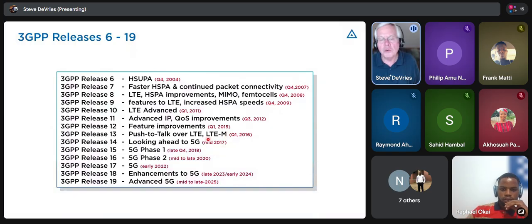LTE-M has to do with using the LTE network for IoT devices. Remember, the mobile networks today are a lot more than just your phone and talking and data. They're used in what's known as IoT, the Internet of Things. These are little sensors, millions of them, that are measuring things like traffic patterns and water pressures.